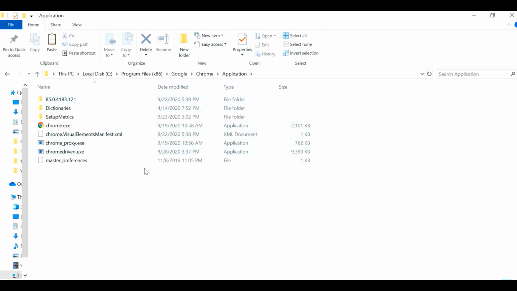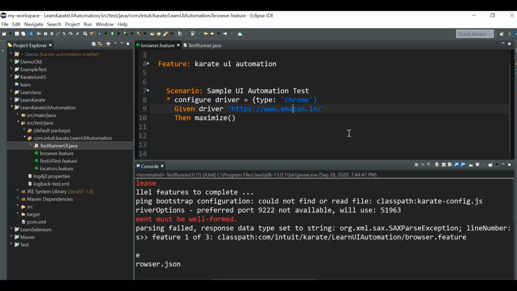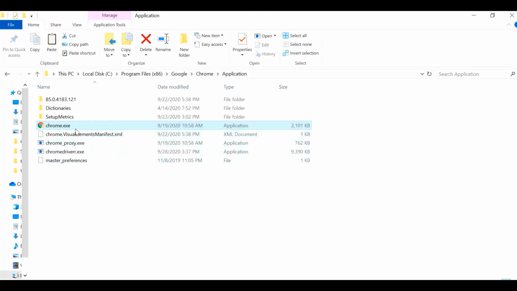We can add it in this particular location, that is C, Program Files, Google Chrome, Application. You can see a chrome.exe file here. That would be used when you run your file using the statement configure driver equal to type chrome, and you can keep your chromedriver.exe file also here.